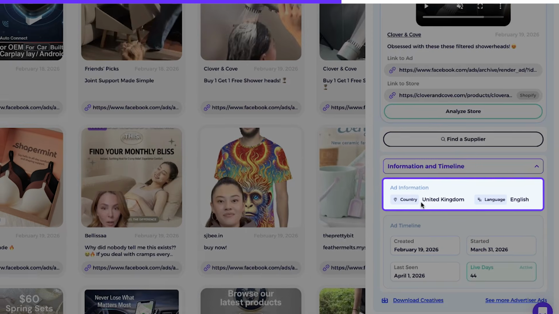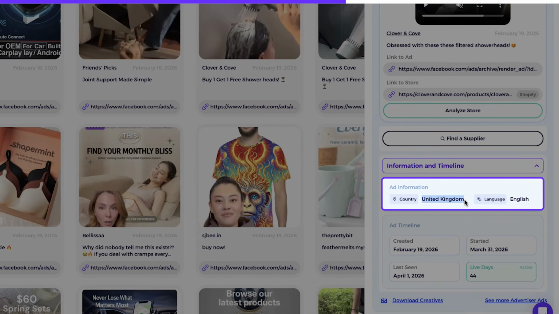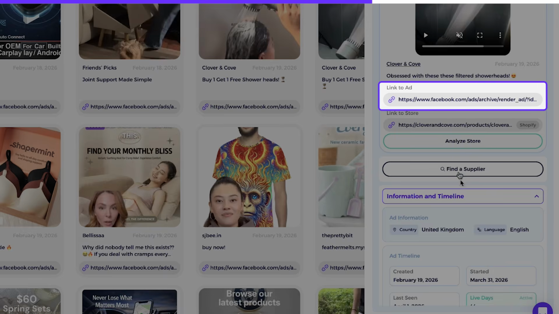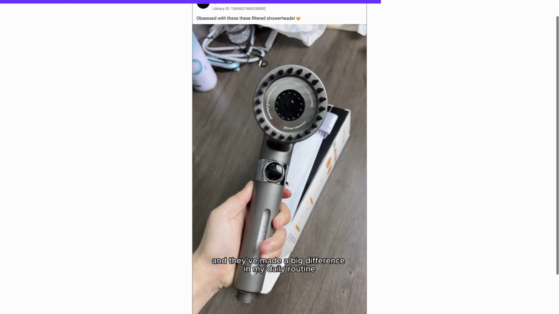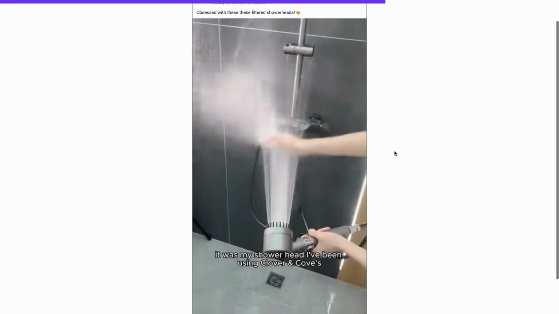I can see this specific ad is targeting the United Kingdom. And take into consideration that if a store is sourcing from international suppliers like AliExpress, they probably have additional ads targeting other countries as well. Now, when I click to view the ad directly from Meta, I can immediately see that the creative itself is